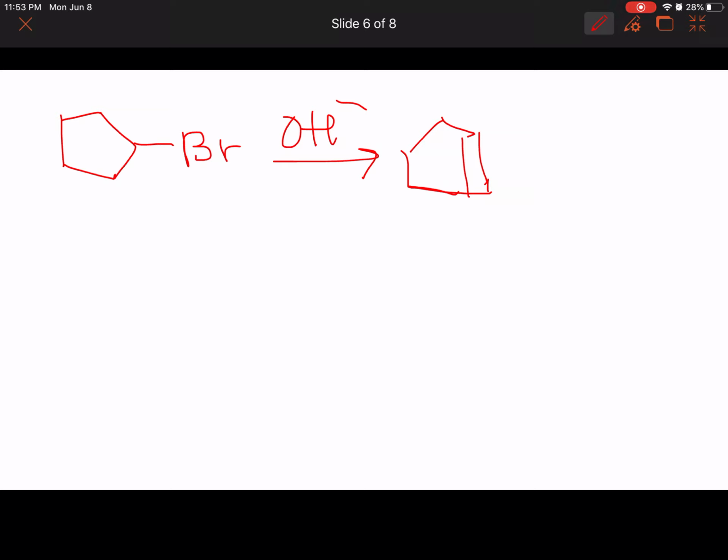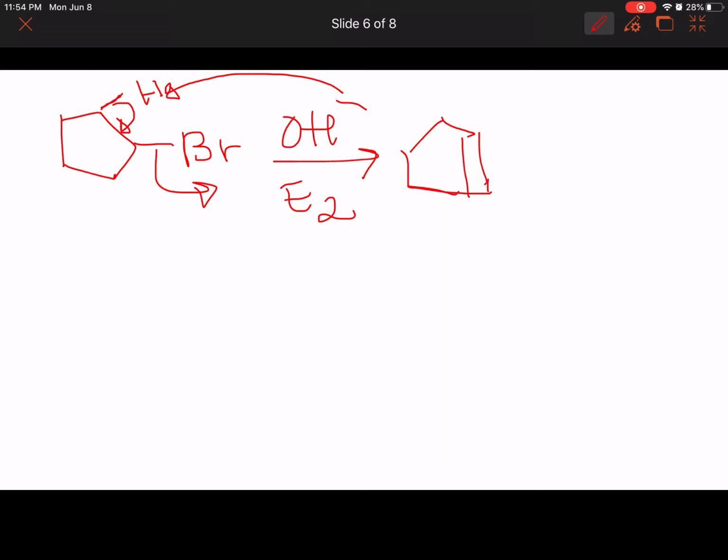Since hydroxide is a strong nucleophile, it can go and grab the hydrogen as a base. Sorry, hydroxide is a strong base. So it's going to take this and leave bromide. So this is an E2 mechanism, because in the rate determining step, hydroxide attack and also the leaving of the bromine take place at the